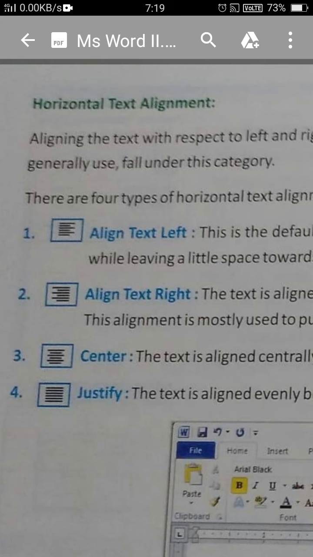Next one is alignment. Horizontal text alignment. It can be of four types: left alignment, right alignment, center, and justify.